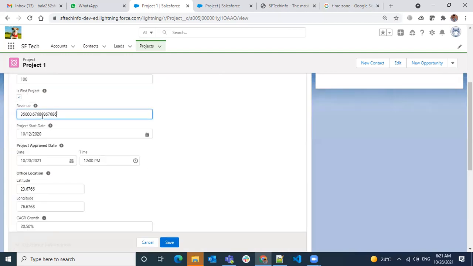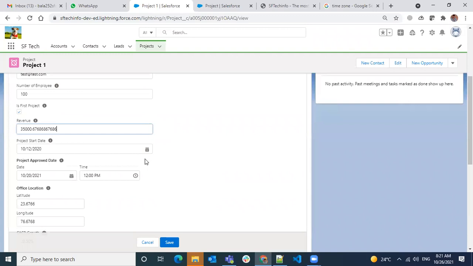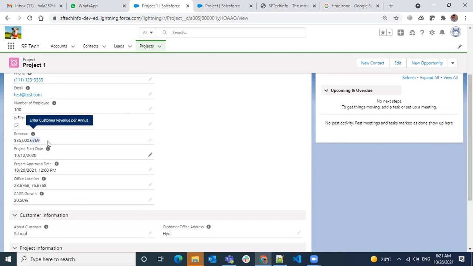It's more than 5, so it will round off to the 9 and save. If we edit again, it only displays the decimals we have configured for the currency fields.